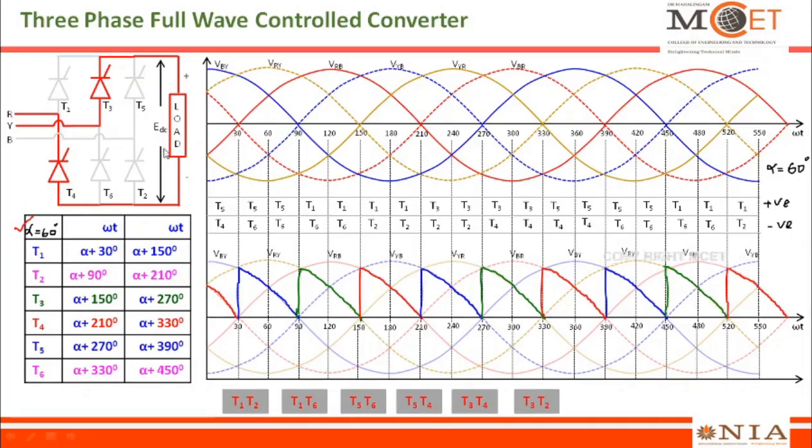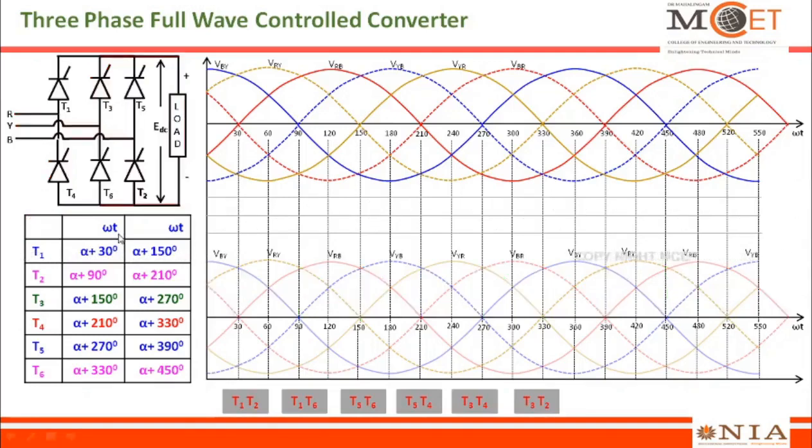Again, irrespective of what type of load it is, whether it may be an R load or RL load, the load voltage will look in a very similar fashion for both R load and RL load for alpha equals 60 degrees. Now let us try to draw for alpha equals 90 degrees, where you will be able to differentiate how the load voltage will be for R load and RL load. Here it is different. Now for alpha equals 90 degrees, let us try to visualize the load voltage waveforms.